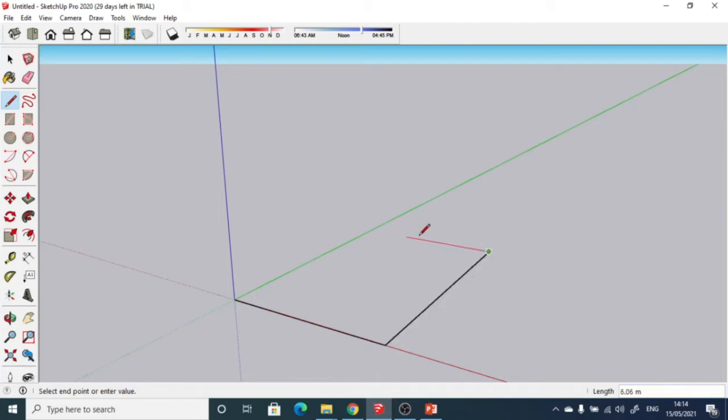Similarly, I am drawing a line in the horizontal manner. If I move the cursor over here, the color of this line will be red, which is your Y axis, so that you can draw it parallel to this Y axis. It means its color appears as red. I am typing the number 10, enter. This is the length of the line we have drawn, and once again we draw the line up to the origin point, which is a distance of 15 meters.